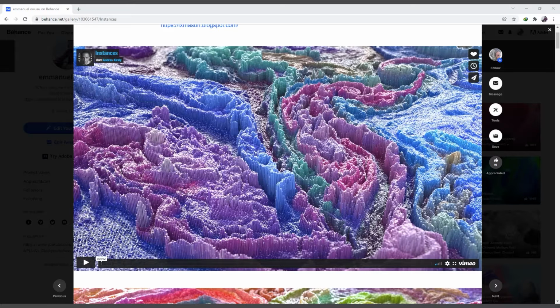Hi guys, it's Kobe here, and in today's video we are going to talk about how we will do something like this in Cinema 4D, a colorful kind of landscape looking scene. This was created by Andreas Kirali. I don't know if I'm getting the name right, but I think he used Houdini. Looking at the tools, he used Houdini to create this, but we are going to see how we create a similar scene using Cinema 4D and Redshift.